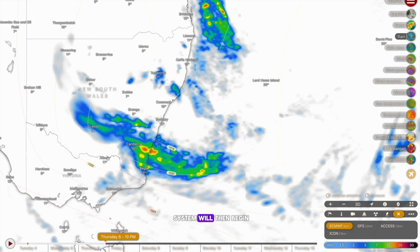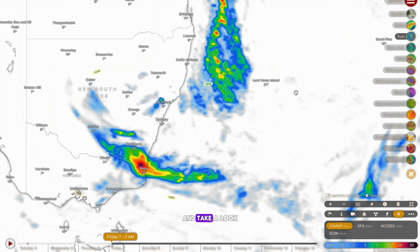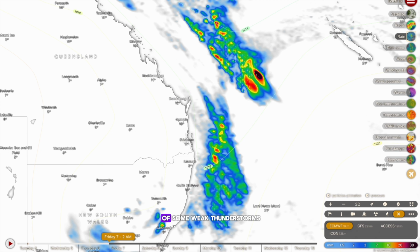This low pressure system will then begin to develop through Thursday evening and Friday morning. You can see here dragging an awful lot of moisture down from Queensland, and most of it is in the form of pretty strong thunderstorms by the looks of things. So if we roll this back just a little bit and take a look up in far north Queensland, there doesn't look like there's going to be much of a chance of thunderstorms, but down on the southeastern coast, the Sunshine Coast and the Gold Coast, including Brisbane, Thursday afternoon and evening, there is the chance of some weak thunderstorms